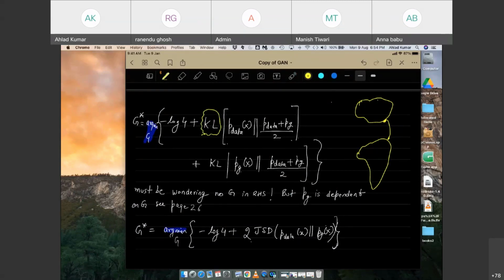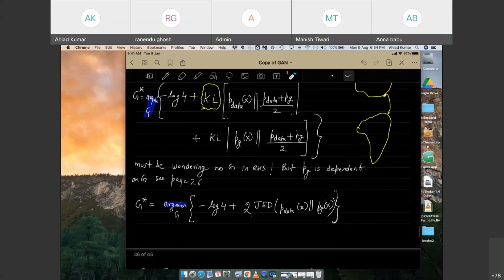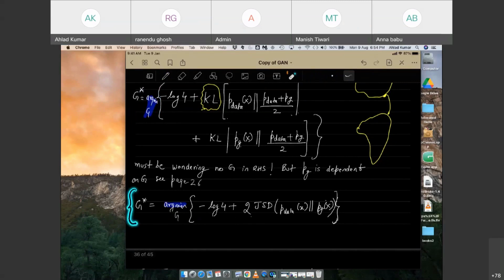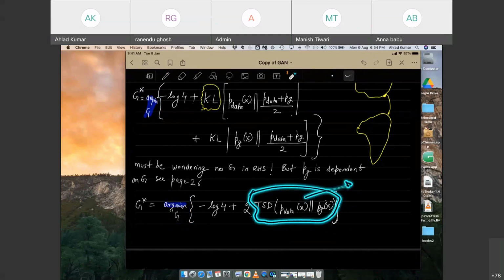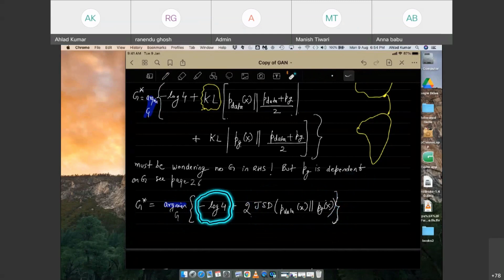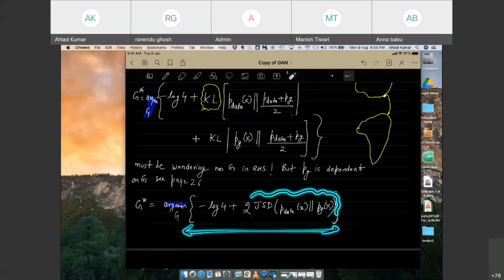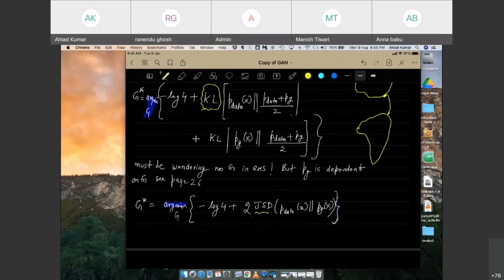Once you try to minimize G, this is the final answer that you will get. If you minimize G, then in this expression the only way to minimize it is that this particular term should go away. This term should go to 0, because it is minus log 4, which is a constant, so it cannot go to 0. The only way this can go to 0 is that this particular term will be 0. So this is JSD,